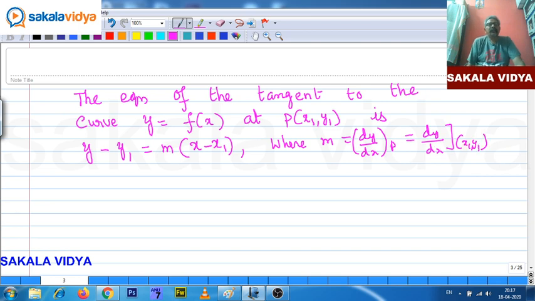This is the equation of the tangent to the curve y is equal to f of x. Okay, next